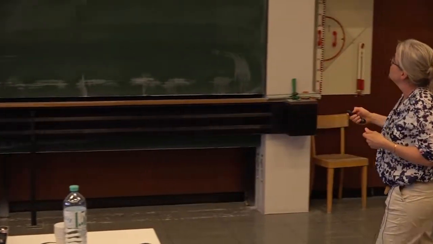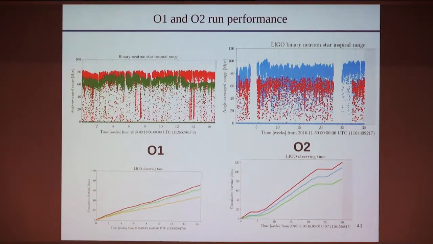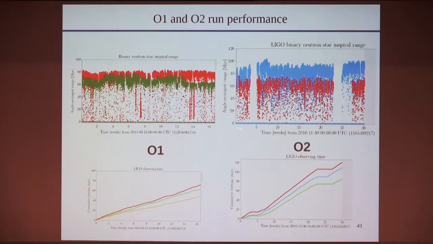So here is a picture of the last stage of the suspension. In that case, it's Virgo. So you see the mirrors. It's very complicated technology to be able to reach those performances. So as you know, in 2015, LIGO went on. There were a few months of data taking where the performance was quite good and very stable. That means the sensitivity was not changing a lot. So we took data. And since November of last year, we are again taking data.